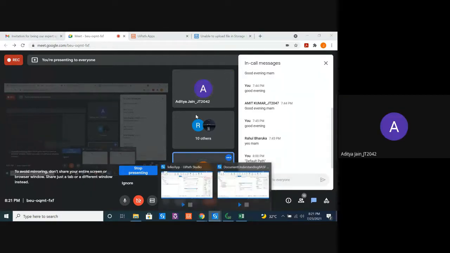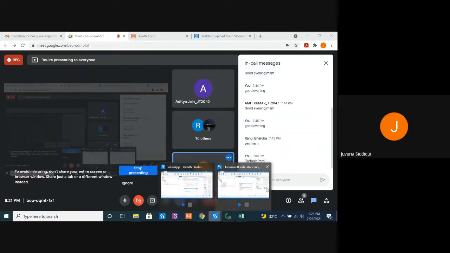Ma'am, in set text, we can extract the data from the Excel or anywhere, and it will directly set the text. And for type into, we have to type it in the studio only, and I guess.